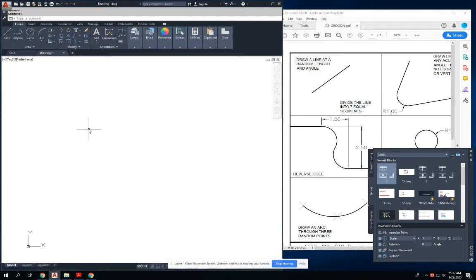So let's start with the line drawing. I'm just going to type L for line and draw a random line at a random length at an angle. Next, we're going to use the divide command, and I want to just select that line and divide it into 7 equal segments. So I type 7 at the command line. Now, it doesn't seem like much happened, but the reason for that is there's little tiny nodes that got placed along the line, and we just can't see them because